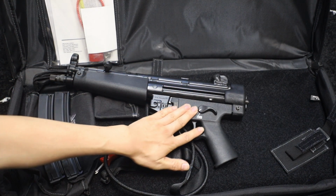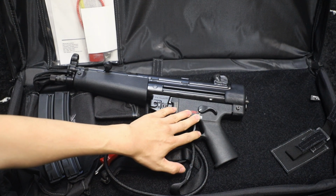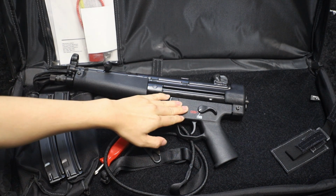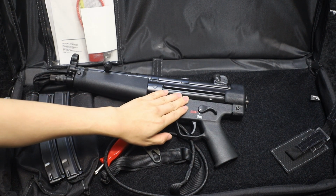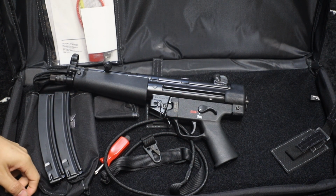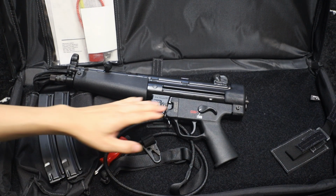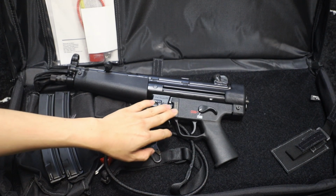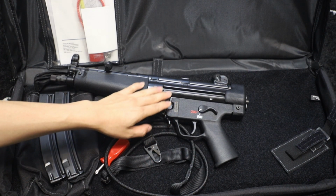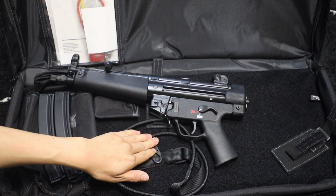On the lower trigger housing, you've got two positions, fire and safe. And I think a lot of people like to have the pictograms with the burst fire or the auto fire. You can get these engraved, or you can get the other trigger housing from HK parts to replace this. If you do buy a trigger housing, I haven't fully researched this, but you can't just get whatever you want and put it on. It does need to be slightly